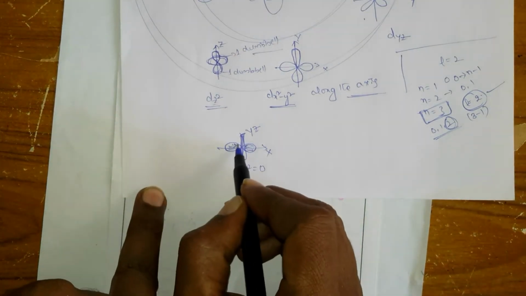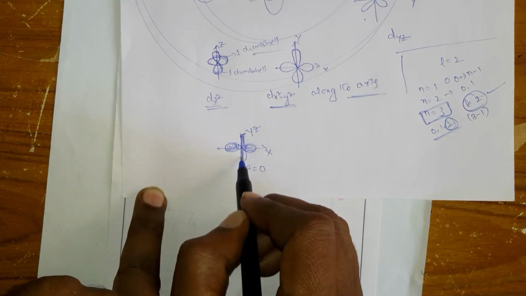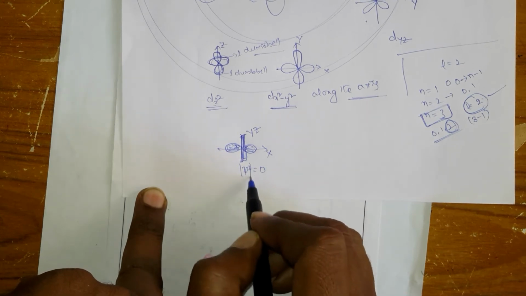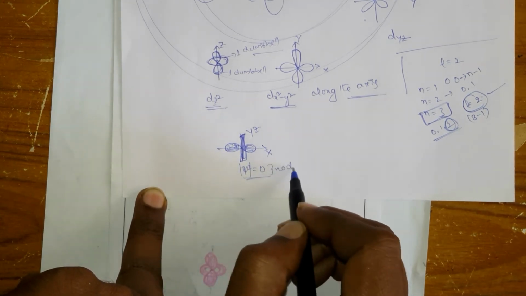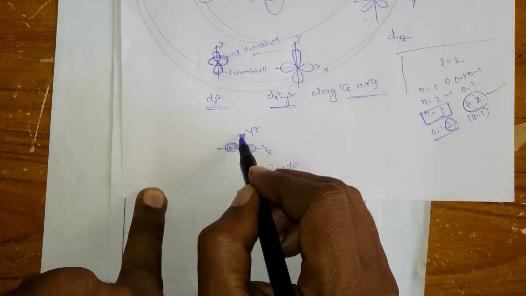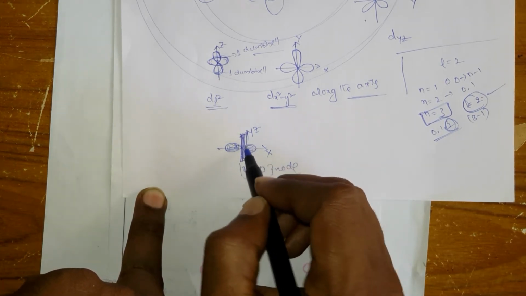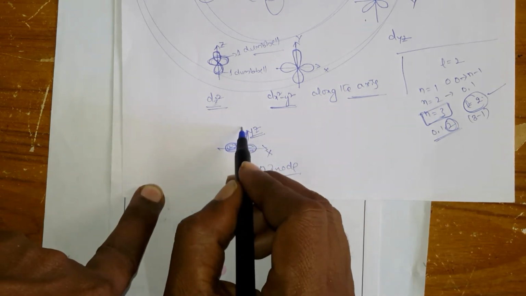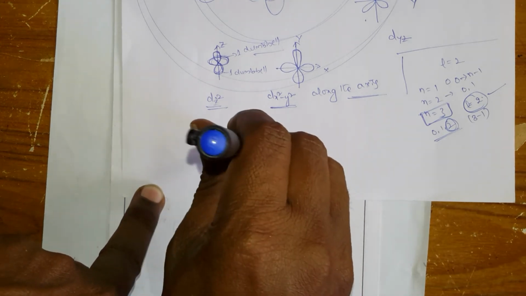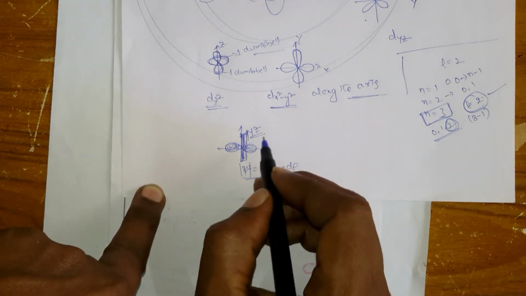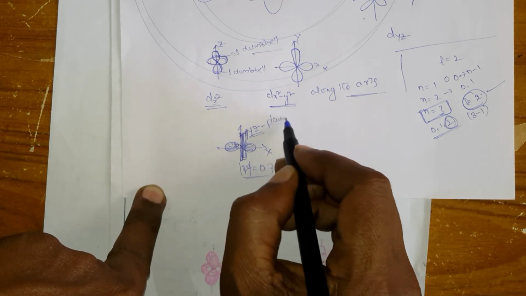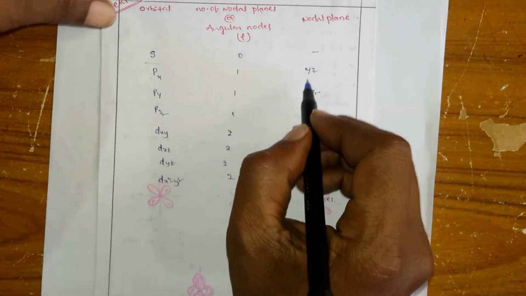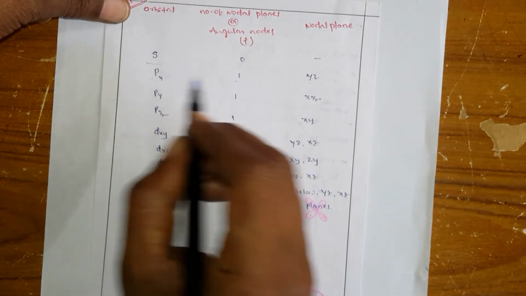So here you can find the electron in this lobe. The remaining space is an empty space, where the finding of an electron is 0. So you can call it a node. But this node is on some plane. What is the plane? The plane is the yz plane. Okay, this is the y direction and here is the z direction. So along the yz plane there is a node. Like that. So here is the yz plane and there is one node for the px.